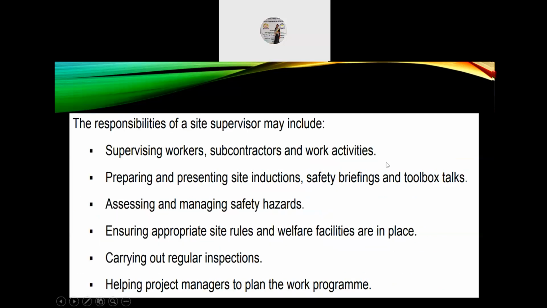The responsibilities of a site in-charge may include supervising workers, subcontractors, and work activities, preparing and presenting site inductions, safety briefings and toolbox talks, assessing and managing safety hazards, ensuring appropriate site rules and welfare facilities are in place, carrying out regular inspections at the site, and helping project managers to plan the project work program,